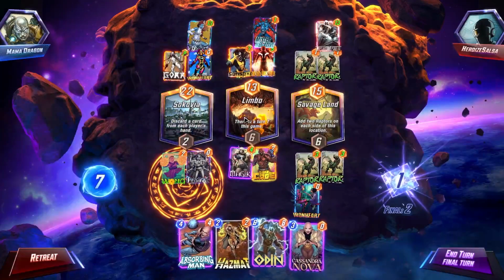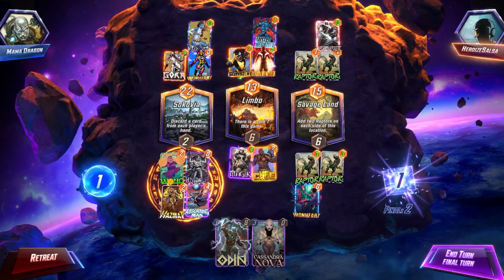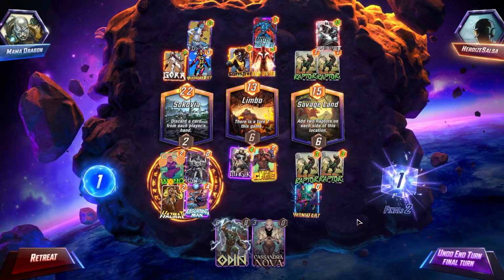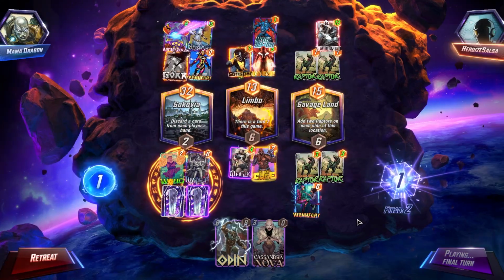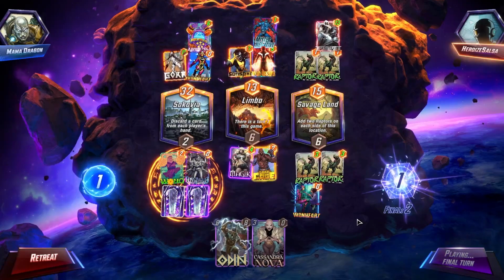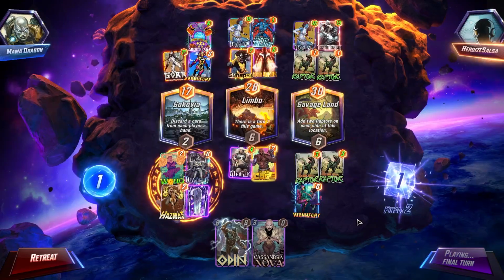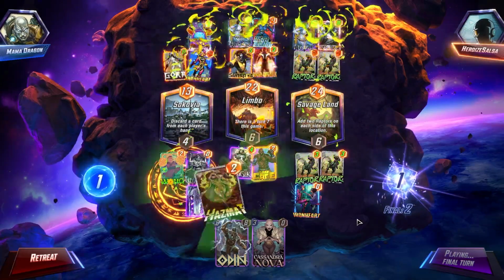This is another version you can actually play with Wong. Is this type of deck where you play a lot of unrevealed cards, especially with Wong, and you do Gorr. So Armanzola to blow up both of the Mystiques here. And now we start the...